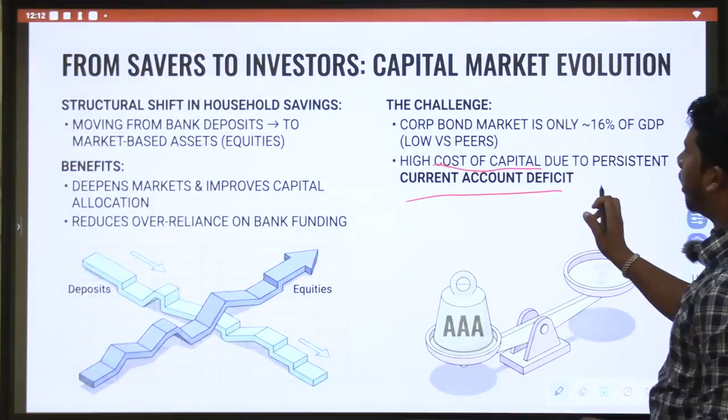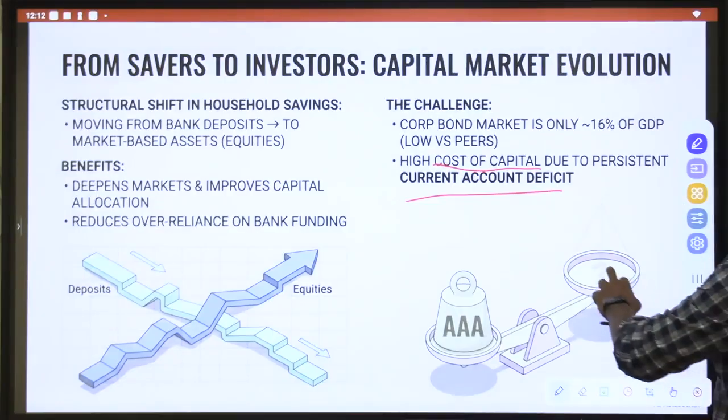Why is there a high cost of capital in India? Due to the persistent current account deficit. Okay,